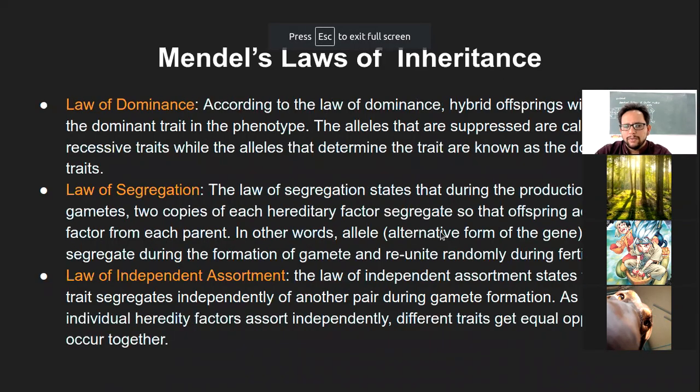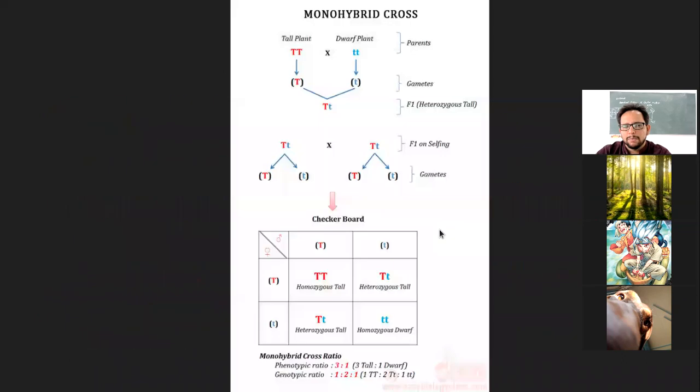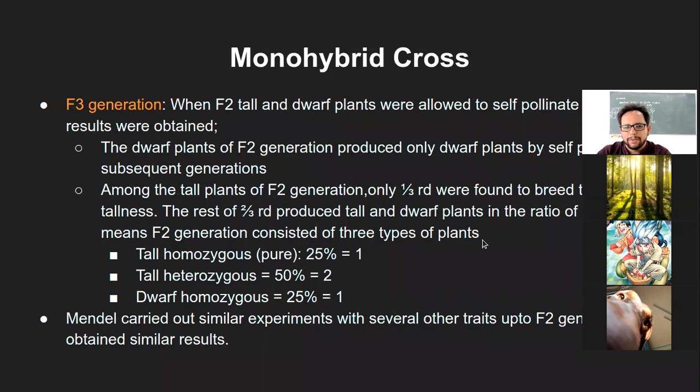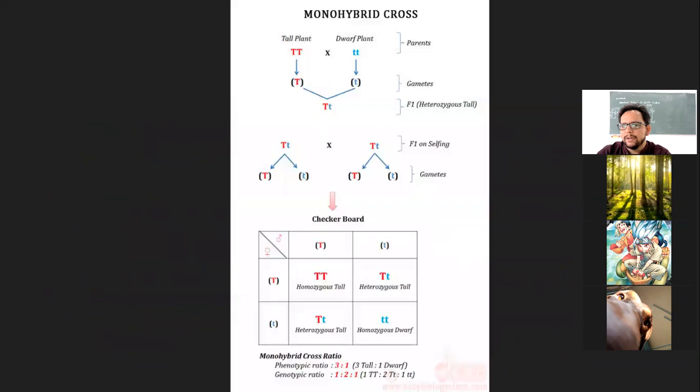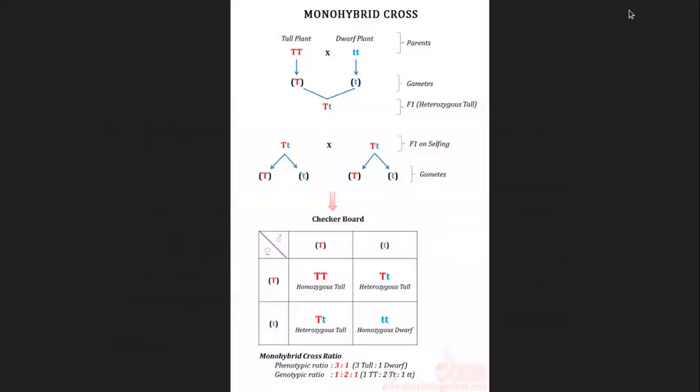So in the last class, we had looked at Mendel's postulate and the monohybrid cross. Just to quickly revise with respect to the monohybrid cross, we know when the homozygous parents, one for dominant phenotype, other for recessive phenotype, are taken, they will produce in F1 generation the heterozygous offspring, and when the F1 generation offsprings were crossed with each other or self-pollinated.